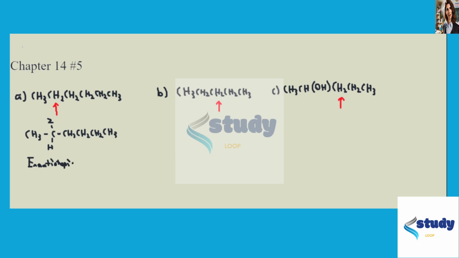Enantiotopic. Part of the reason for this is because this is a CH2, and so right now the carbon has bonds to 2 hydrogens, and then to the rest of the chain, CH2, CH2, CH2, CH3, and then its 4th bond is to a methyl group. The reason I point that out is because when we then look at B,